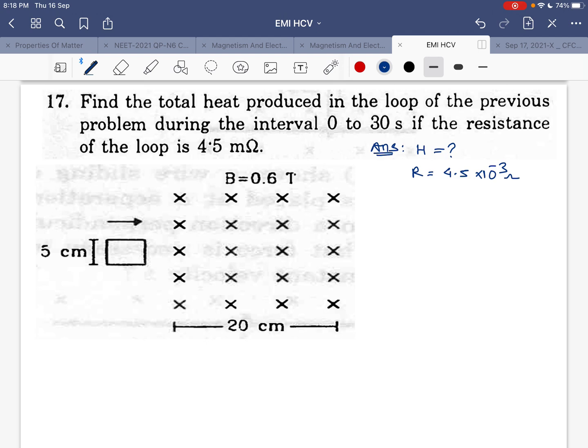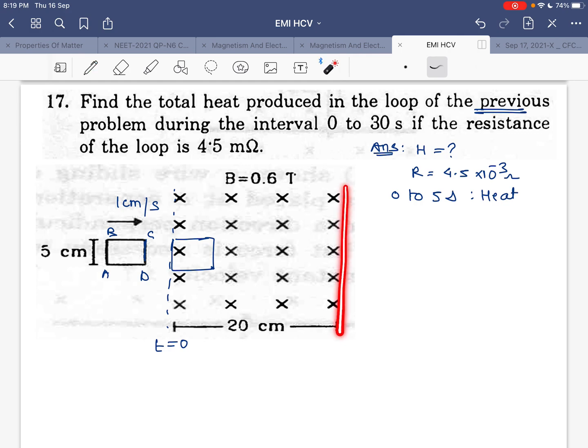So here EMF will be produced when? EMF production will start at t is equal to 0 when CD, let us suppose this is A, B, C, D. So CD will start cutting the field lines and EMF will be induced till AB gets into it. As the speed of the loop is 1 centimeter per second, as mentioned in the previous problem, till side AB enters, 1 centimeter in 1 second, so till 5 seconds the heat will get produced. Okay, so from 0 to 5 seconds there is some heat production.